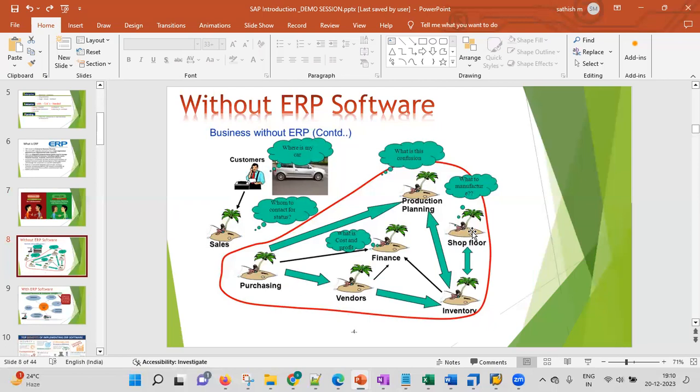So without the purse, if someone asks me for 100, I'm checking my shirt pocket, right? Pant pocket, bag, everywhere. Finally, after 10 or 15 minutes, I came to know, oh, there is no cash with me. Correct? So more time, because the things are not properly managed without ERP.